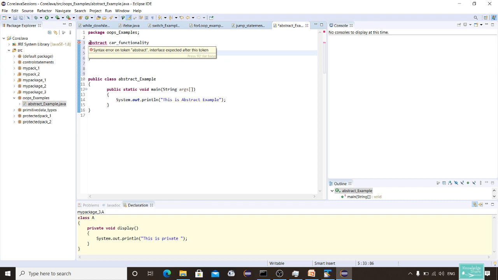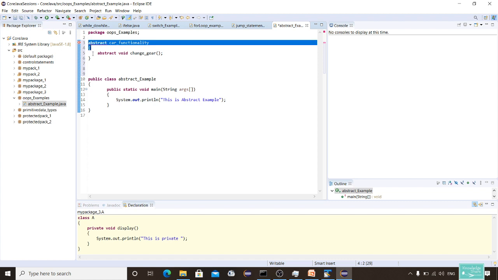Okay. If you see here, it throws an error: syntax error on token abstract, interface expected for this token. That means you have declared an abstract method, and as I said, an abstract class should have at least one abstract method. Now, if you observe here, this is called a declaration. What is meant by declaration and implementation? See, this is a declaration.